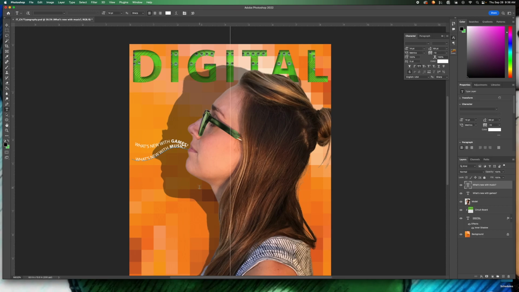And then click enter. And then if we switch to our move tool, we can move it somewhere here. Maybe a little higher. We can use the arrows to be more precise. So I'm using the arrows on my keyboard. Right there. And then we're gonna do the same thing